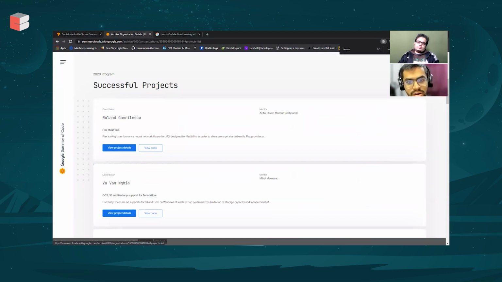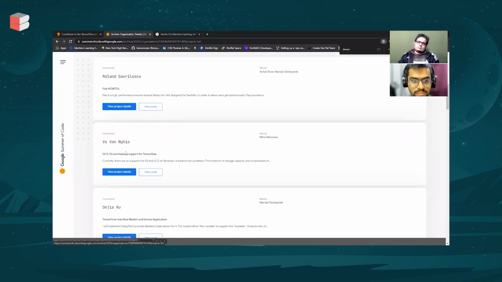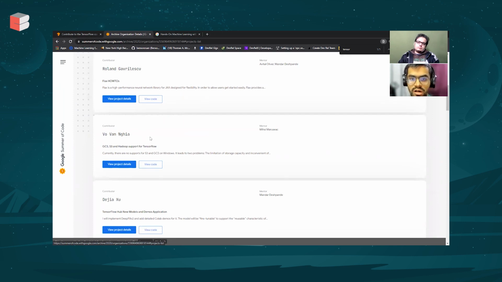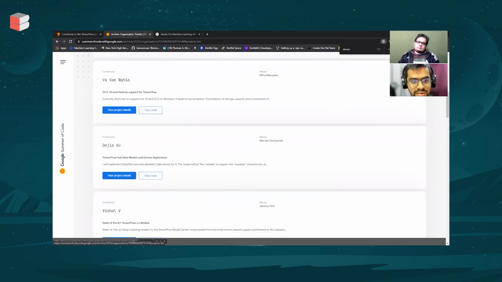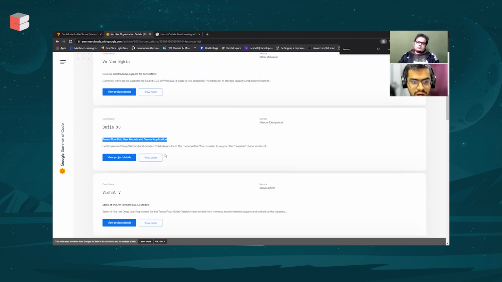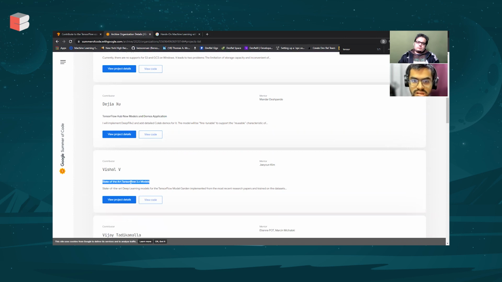If you look specifically at the 2020 projects, you'll find there are some things related to Hadoop support. This is more towards the actual implementation, the core side. But then you will find things such as TensorFlow new models and demos, which will be more towards Python and creating demos, so again the application side. Then state of the art 2.0 models, again the application side.